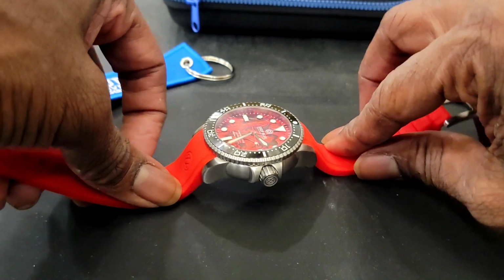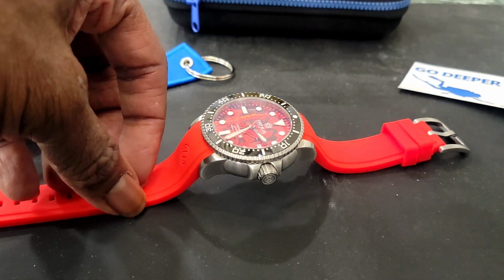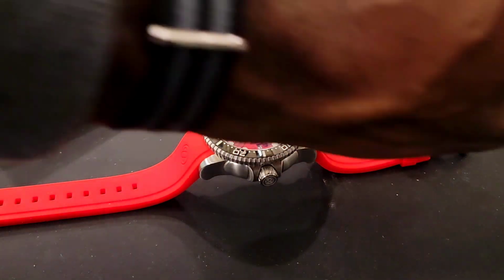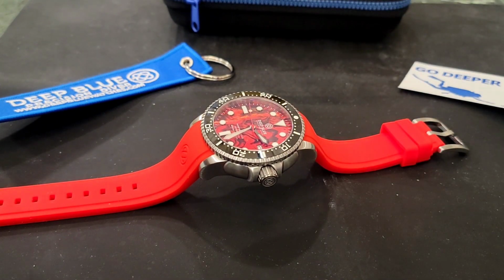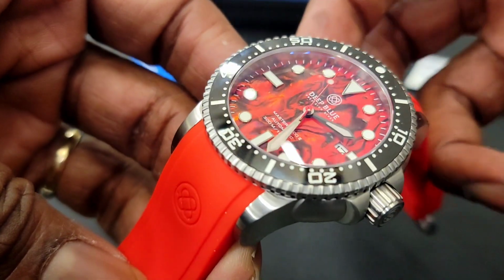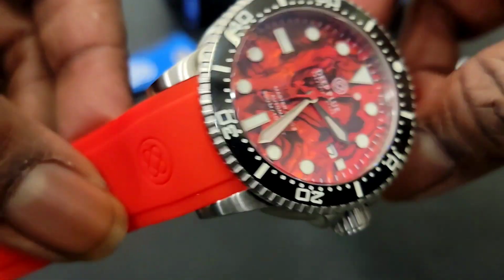I think the biggest thing that people want to know is, if I'm going to get something that is stylish, and you're claiming the specs, again, I know there's some people that don't care about the specs, but you still want to know what your money is getting, because you can find divers and watches online for as low as $30. You can go buy an Invicta automatic for, matter of fact, this one right here was like $70, $80, and it has the same NH35 this one does. But this one is 1,000 meters water resistance, helium release valve, and again, sapphire crystal, which I know people go crazy over. And it had the brush finishing, and it may not be the best brush finishing, but